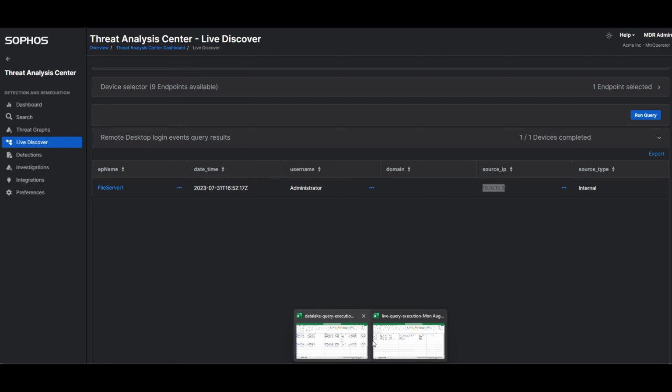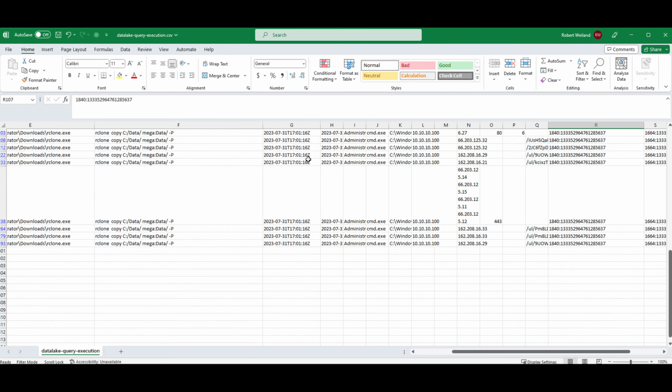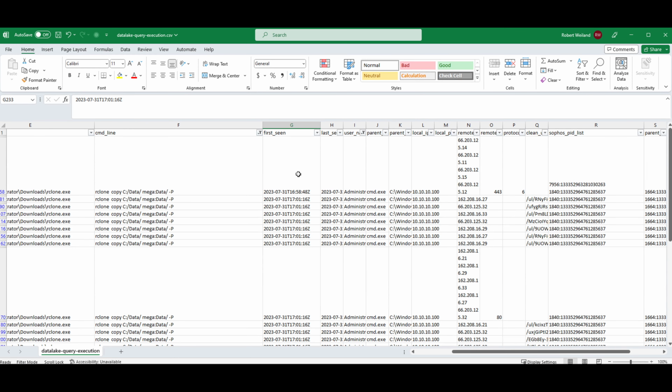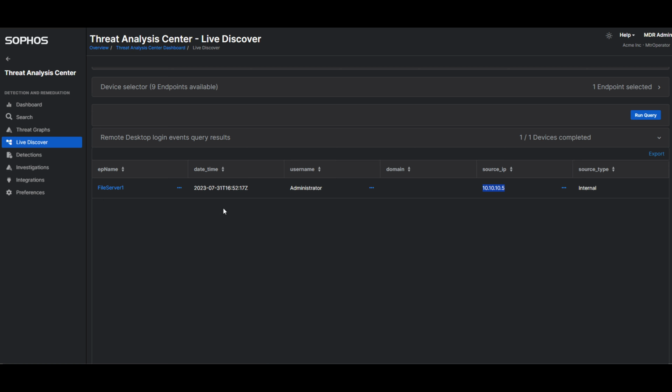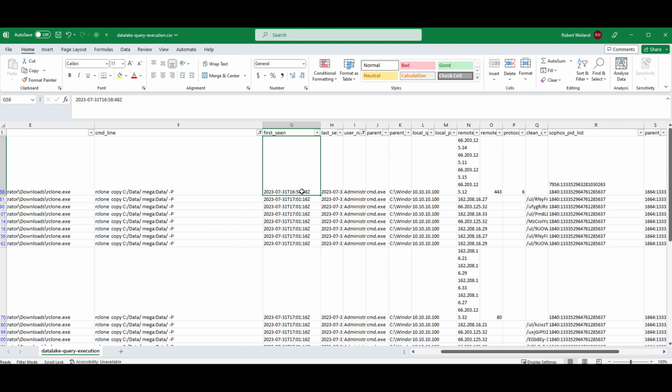So if we go back over to Excel here and look at the UTC time frame for when rclone was run, we can see that was actually shortly after that logon event. So if we go back and look at the time, 16:52, and go back to Excel, we can see that it's 16:58.